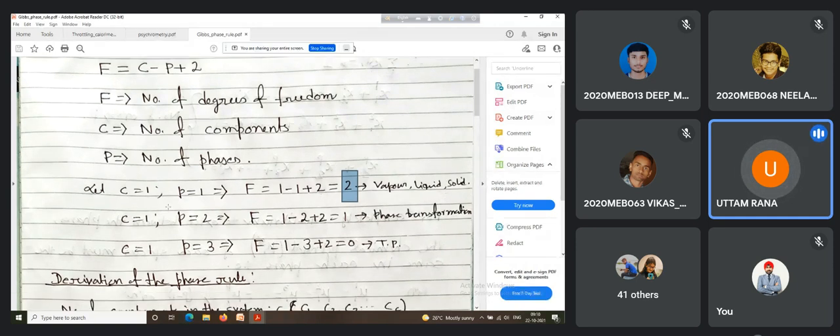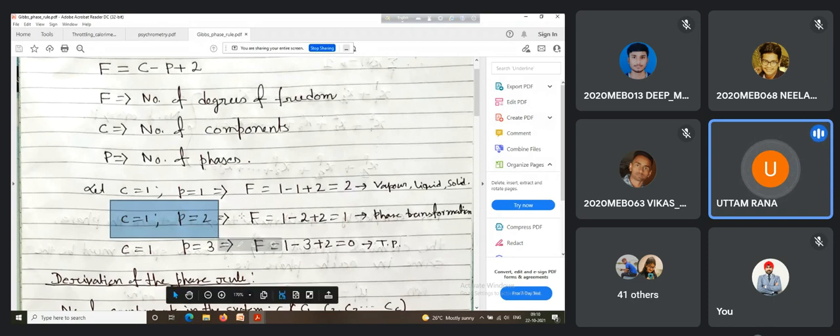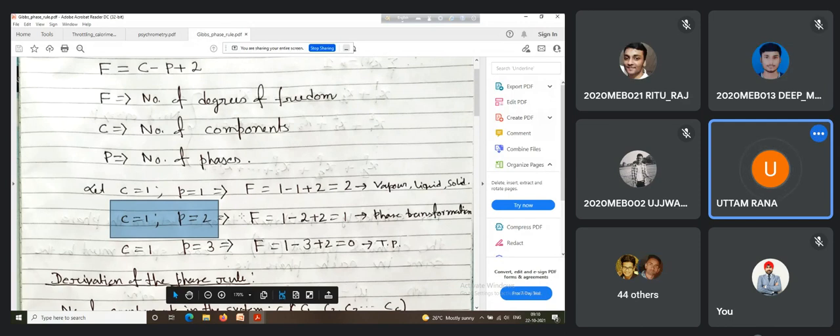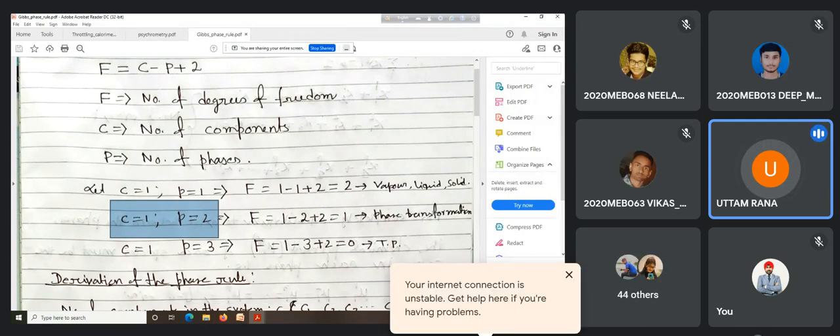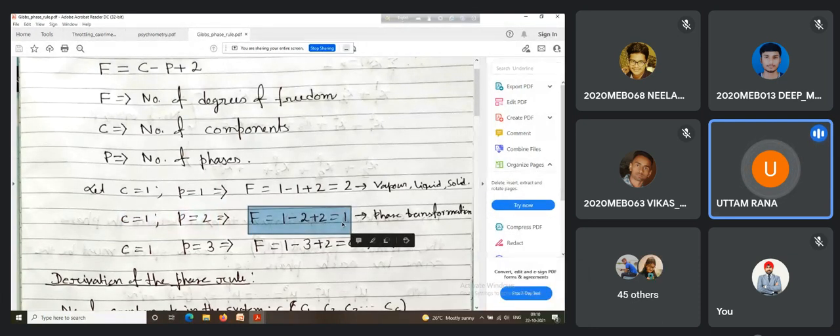Similarly, let us consider another situation. The two-phase mixture, the vaporization process. Within the vapor dome, components are 1, phases are 2, liquid phase and vapor phase. So how many independent properties are required? F is equal to 1. So you can see we need to specify at least one independent property to specify its thermodynamic state. To specify the mixture state, we basically need to specify its dryness fraction or specific volume or something.